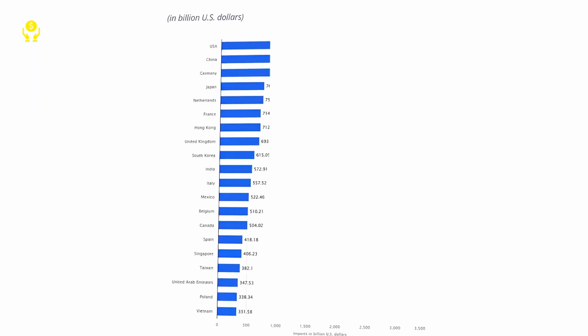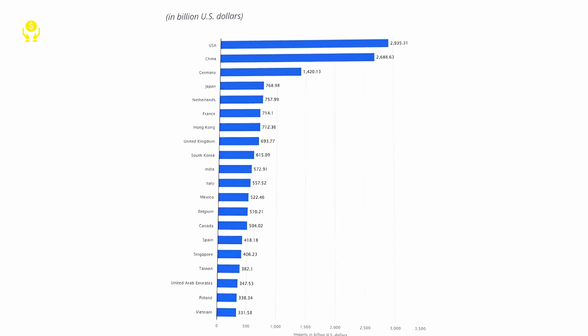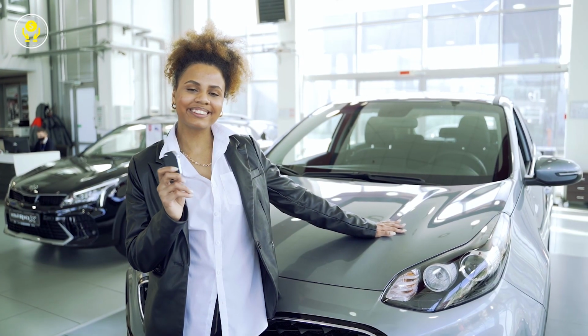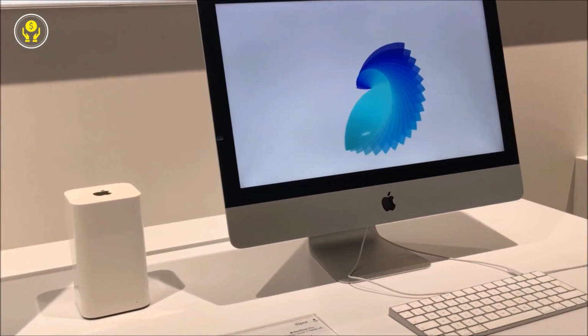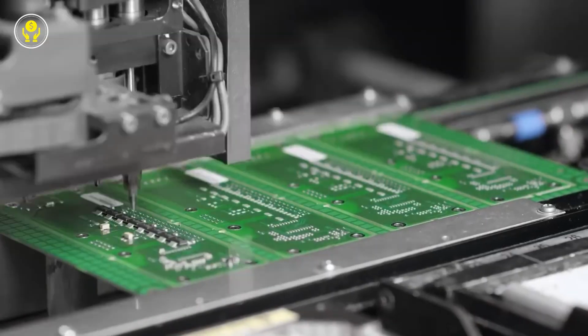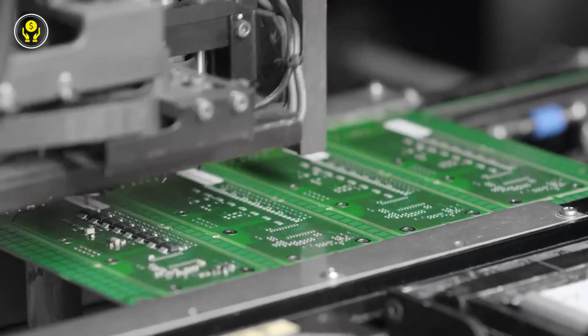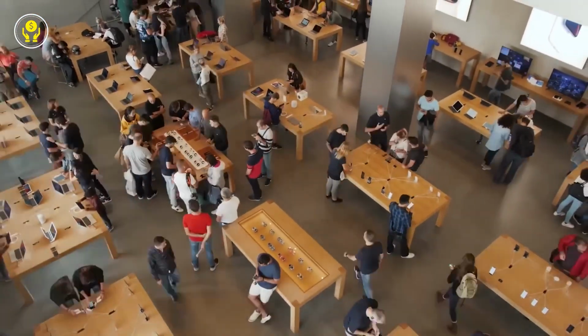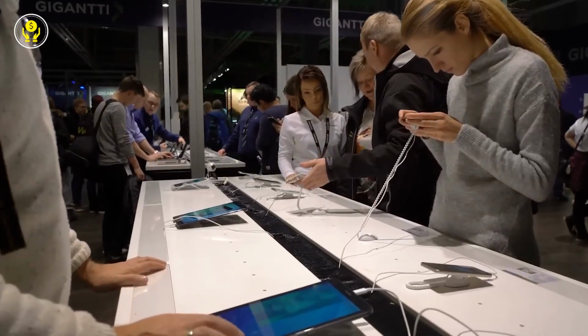The graph shows dollar imports by countries, representing the products that countries buy from others in US dollars. Since the United States is the largest importer, the example of the car applies to any other product imported by the US. Whenever the price of an imported product increases in the United States due to increased demand, there will also be a price increase in the country where it is manufactured.